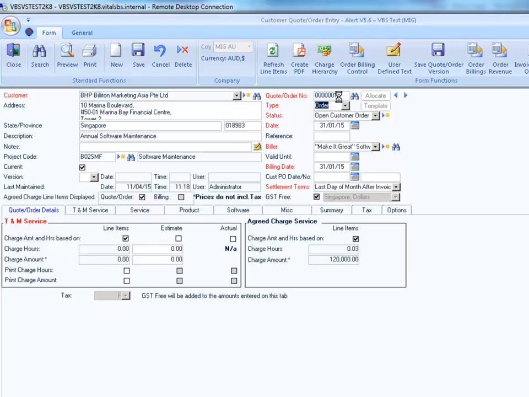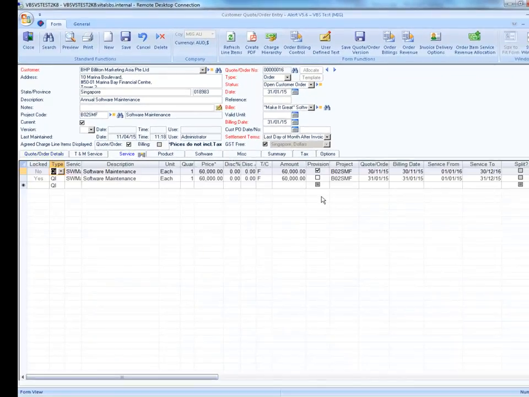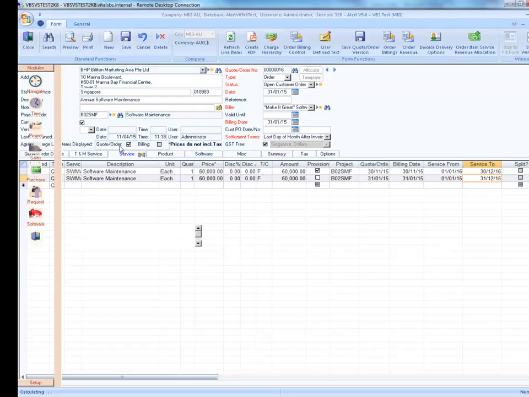The service from and service to dates are recorded in customer quotes and order service lines, and also in customer invoice service revenue allocations. In cases where customer invoices are generated from customer orders, then the customer order service line item service dates are passed to the customer invoice service revenue allocations. Looking at the invoice generated from this customer order,